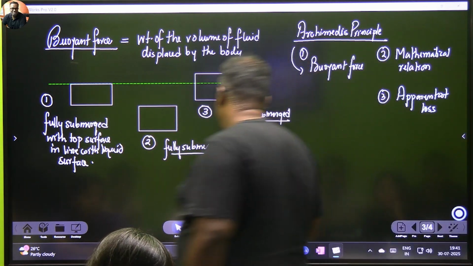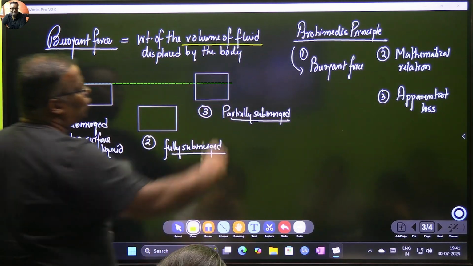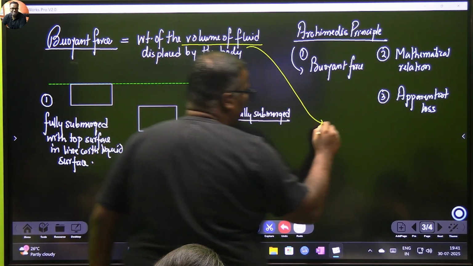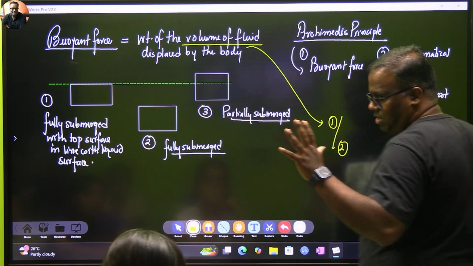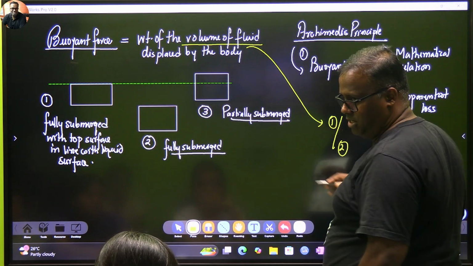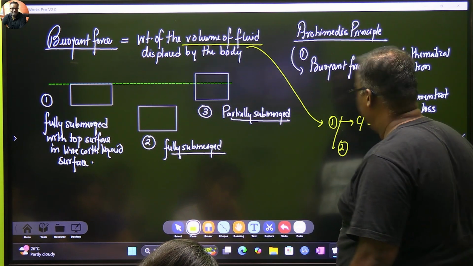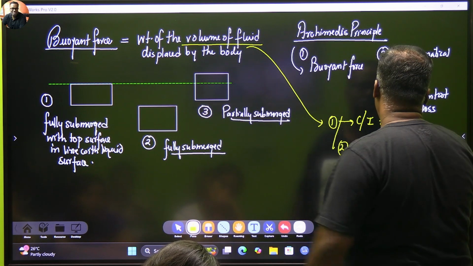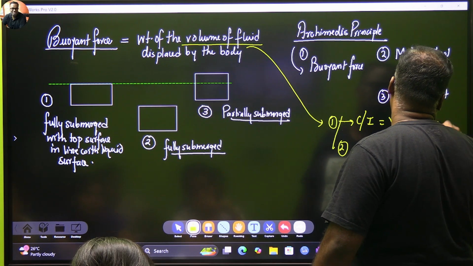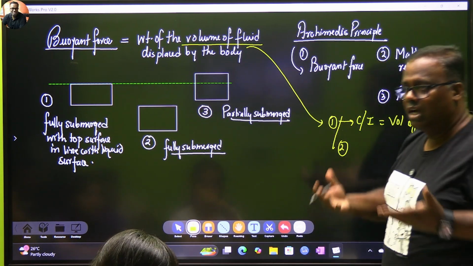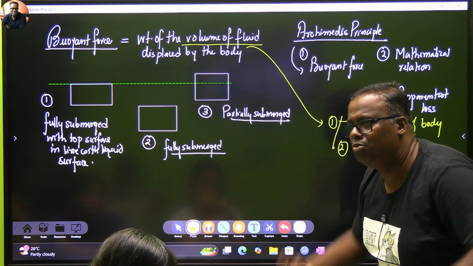अब यहां और एक इंटरेस्टिंग कैच है। देखो, weight of the volume of the fluid. Don't you think this volume of the fluid should be equal to either of these two? Either of these two. If the body is completely immersed, question number 1 में, if it is completely immersed, then this volume of fluid also is equal to volume of body. अगर मैं पूरा पानी में डूब गया तो मैंने कितना पानी बाहर निकाला? जो मेरा वॉल्यूम है।